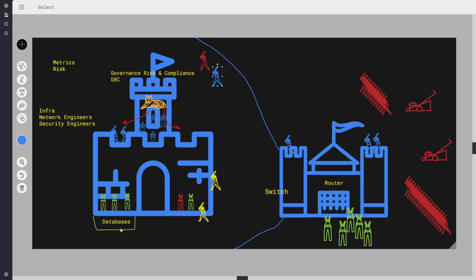We need to make sure people are actively watching the databases, that we're actively monitoring our own staff to make sure that they don't turn coat and try and steal something or try and open the gates on our behalf. So there's a lot of important decisions which need to be made, but they also need information. They need to collect metric indicators, MI. So they need to collect information, because